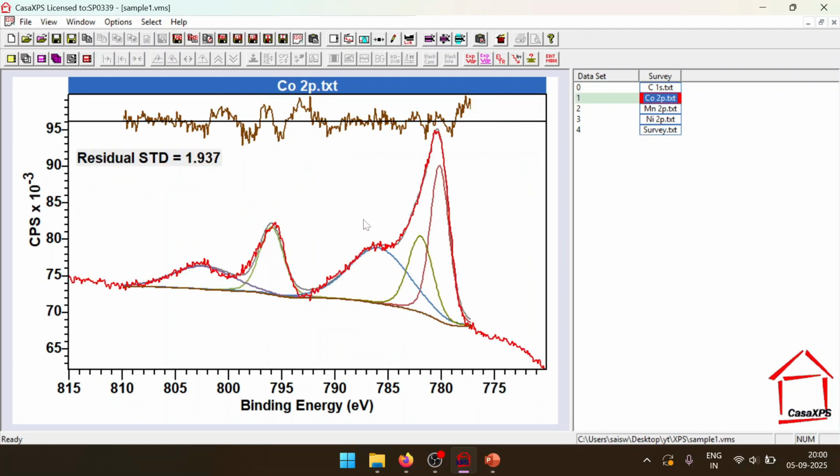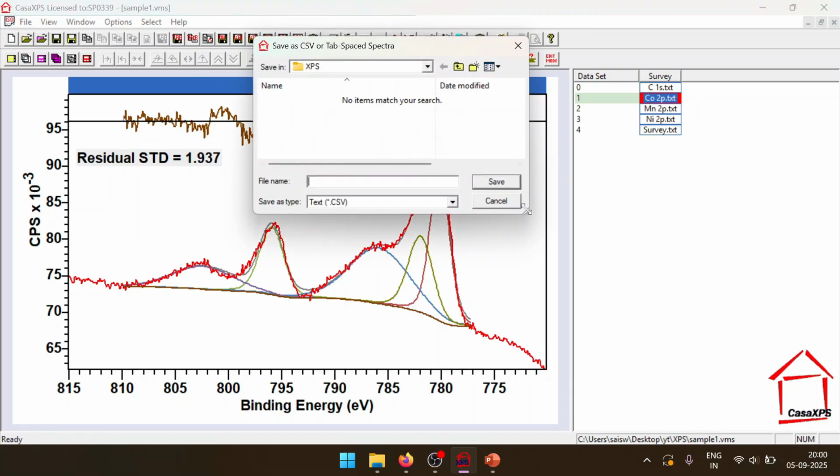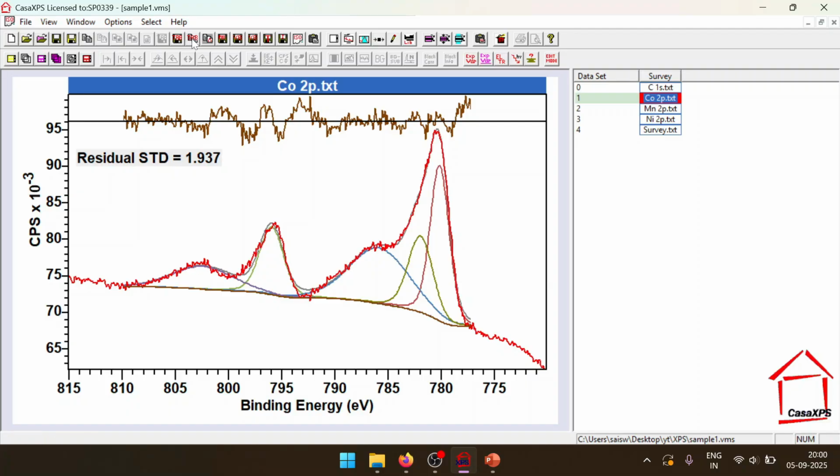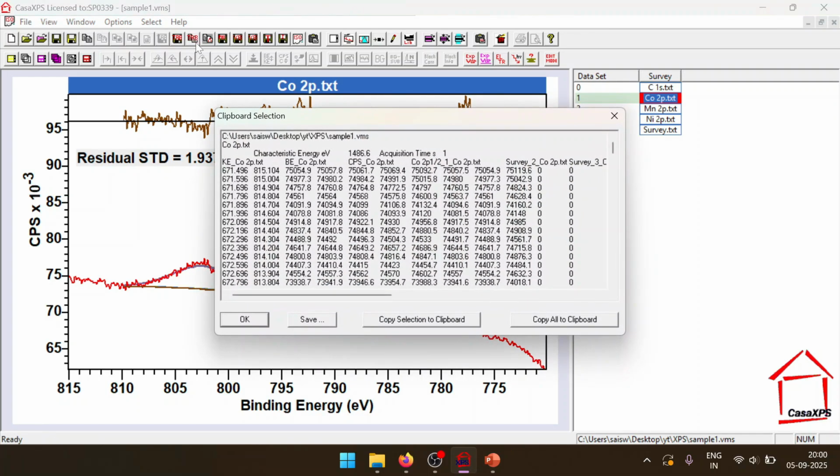Now that we have Co 2p, I'll show how to plot this. Go to here, the button beside the tab, the EMB, or whatever it is written, I can't read. I think that's an EMB. So once you get this, you get this big table kind of dialog box. Copy all to clipboard, go to Origin,